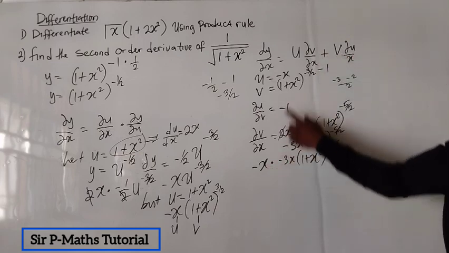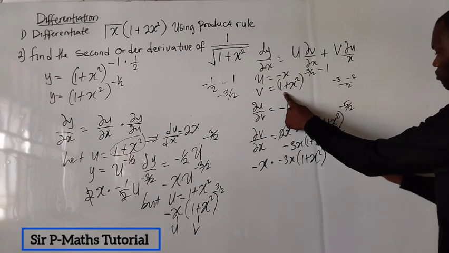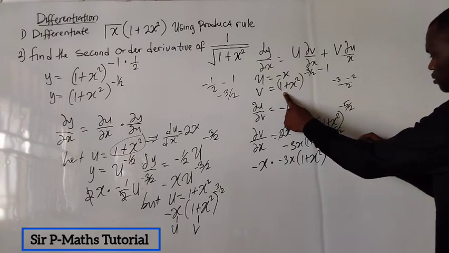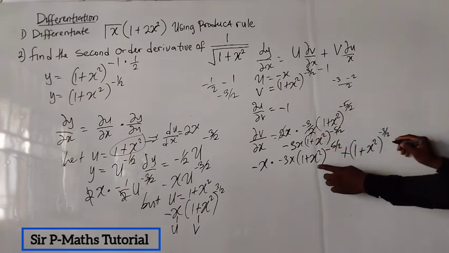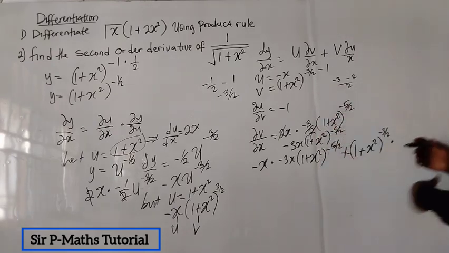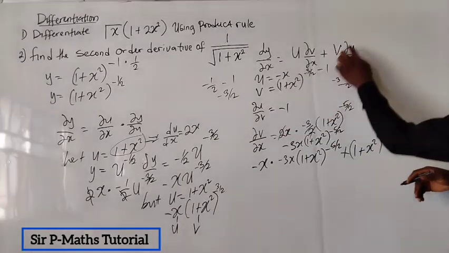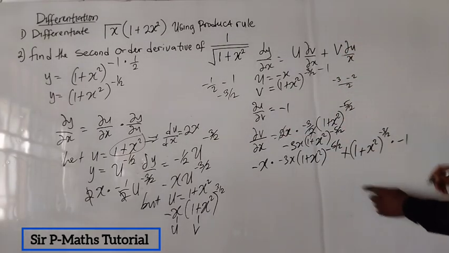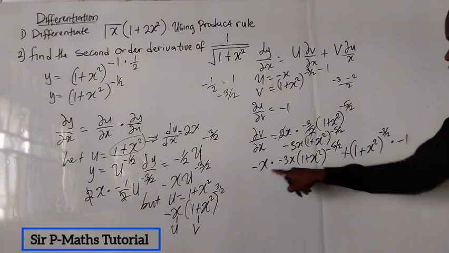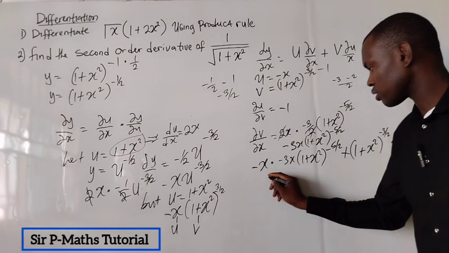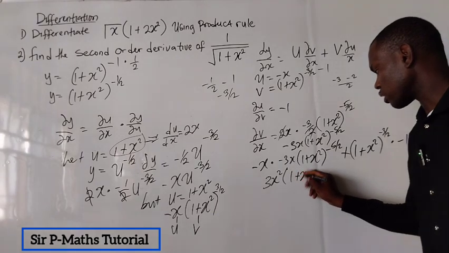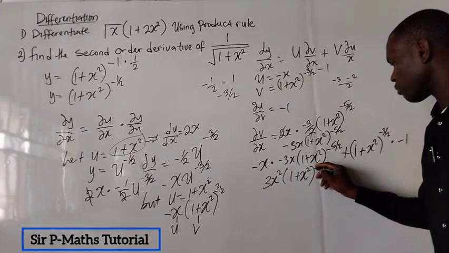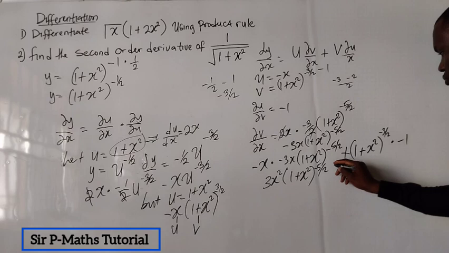My v is this, 1 plus x squared raised to the power minus 3 over 2. We multiply it against the derivative of u. Look at it. Derivative of u, which is minus 1. So minus x times minus 3x will give me 3x squared into 1 plus x squared raised to the power minus 5 over 2 plus,